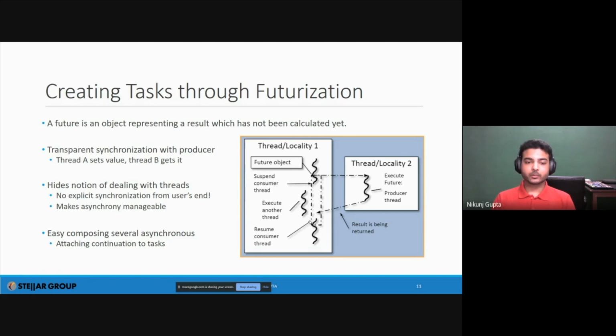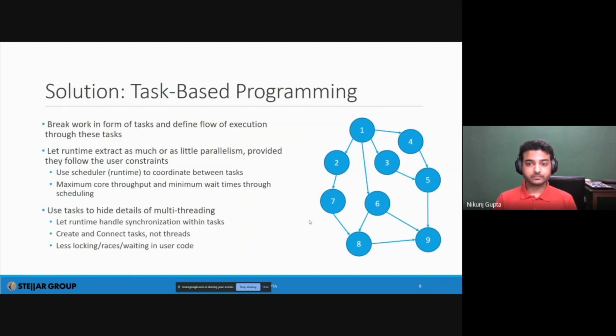And finally, we can easily compose several asynchronous tasks by adding continuations. As I just told you about the task space with adding continuations, you can do so with task space as well. And that's how we have such a directed acyclic graph over here, wherein you begin with a task, you impose more tasks, then you can add continuations, you can have dependencies and whatnot, and in the end, the runtime will execute things such that everything works fine.